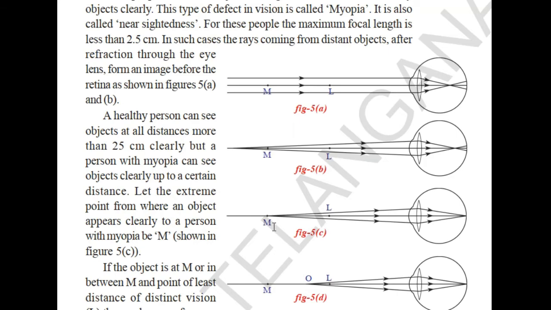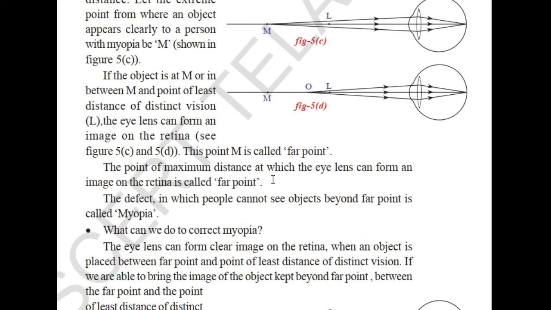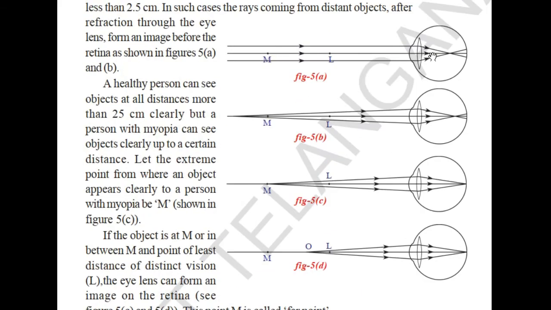m అనేది ఒక person అంటే ఇది ఒక distance. So you can directly say that this m is a far point. The maximum distance at which he can see clearly is the far point. This is a far point. And now an eye lens should be used which is used to bring out the image of the object beyond the far point. అంటే ఈ ఆబ్జెక్ట్ ఏదైతే ఇక్కడ కనిపిస్తుంది కదా, the image which is formed before the retina,